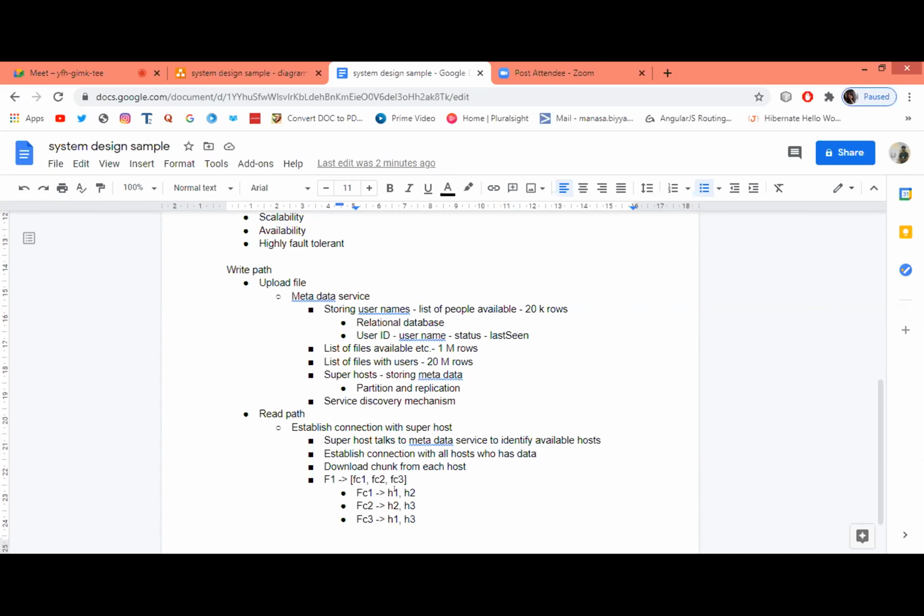Why do you need a quorum here? Like, so a client tried to download H1 file and it was not available. So what are we using quorum for? I mean, let's say,